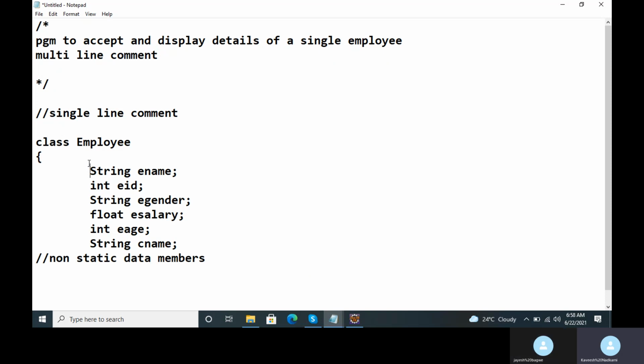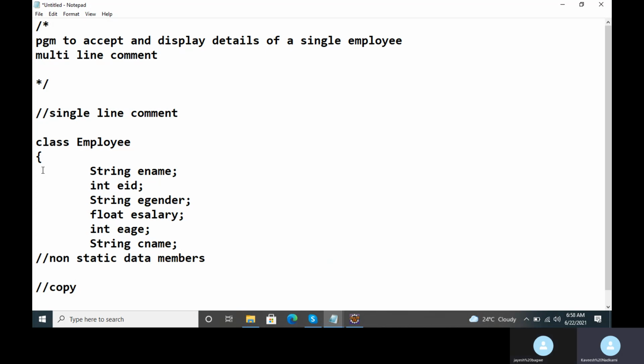Now what is the meaning of these non-static data members? Very easy. Just like yesterday I explained to you, whenever you create any object of the class, there will be a separate copy created in the RAM memory for all these data members.